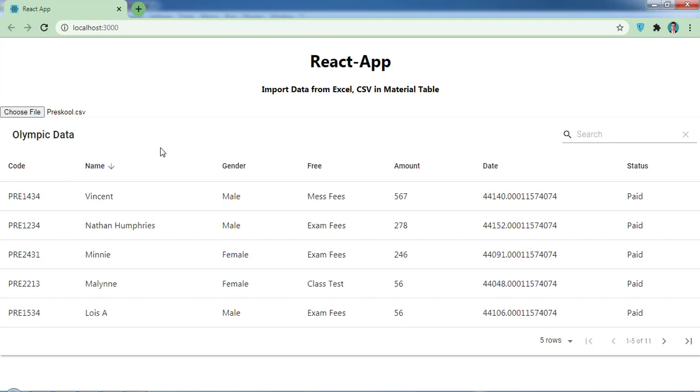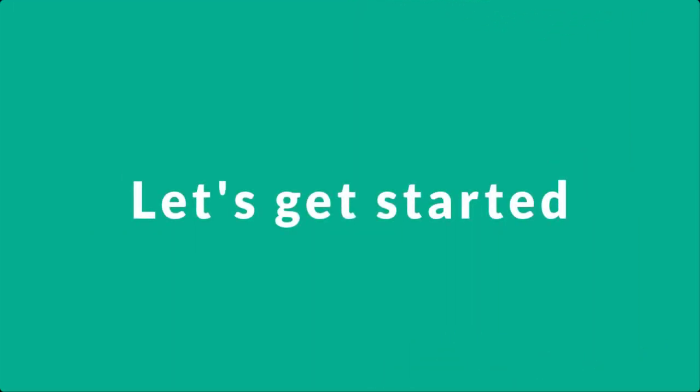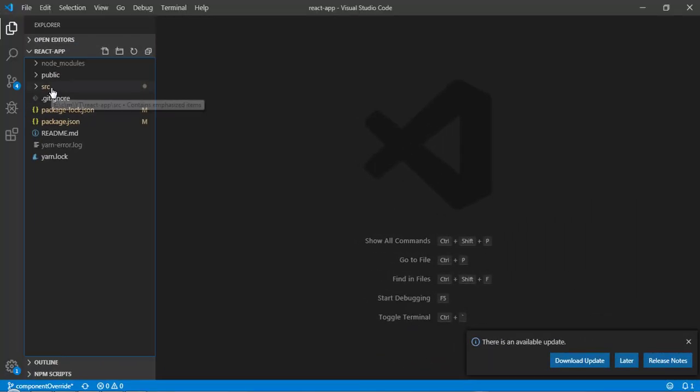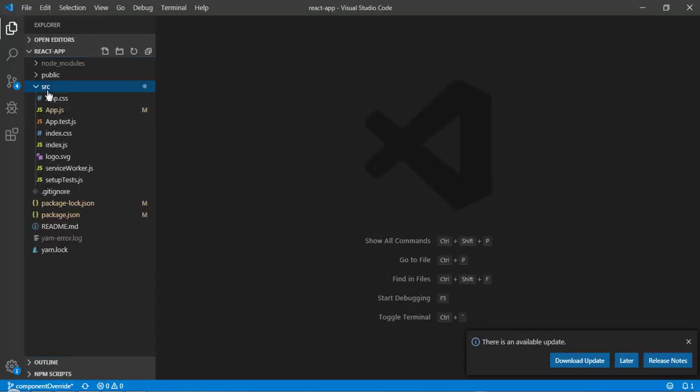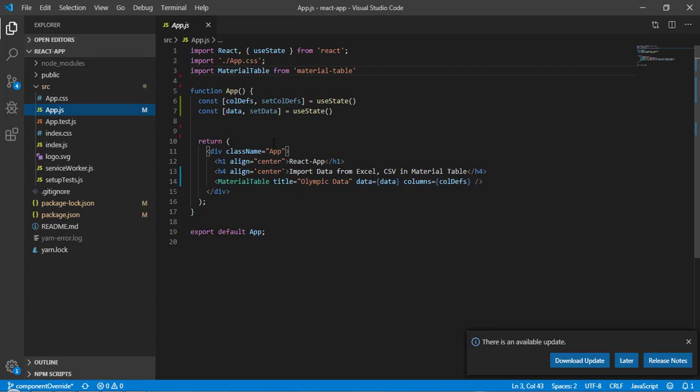Okay guys, so let's jump to VS Code and import the data from Excel or CSV. So this is the sample project. Let me open src and go to the app.js. As you can see here I am managing two states, one for the column definition, another one for data.